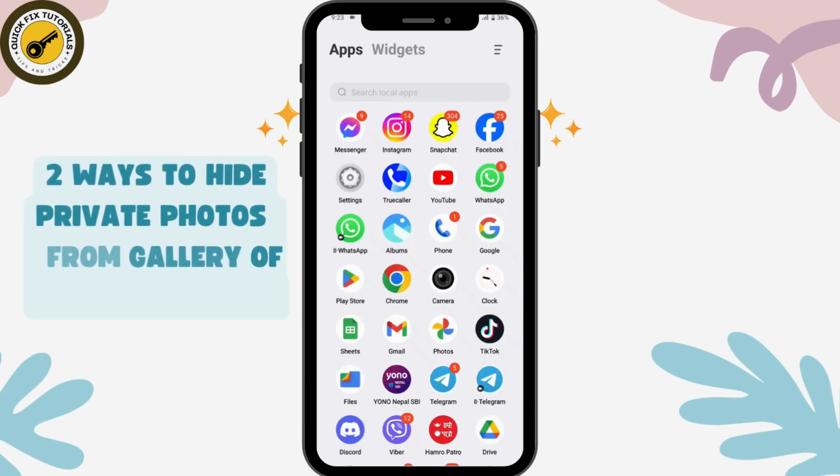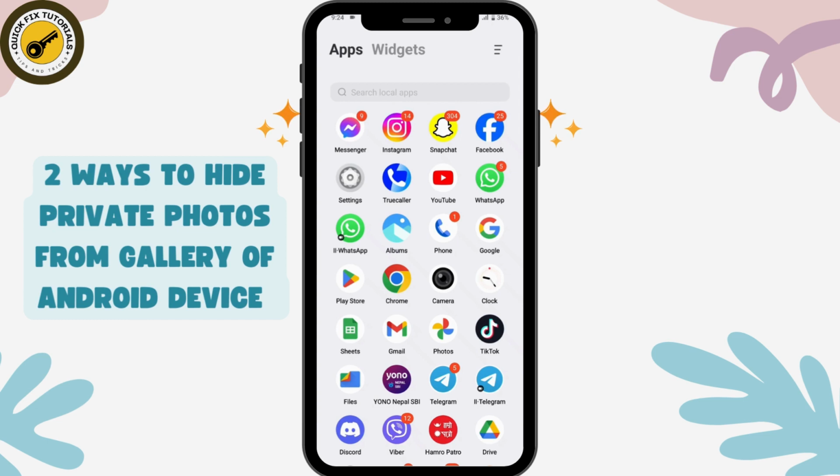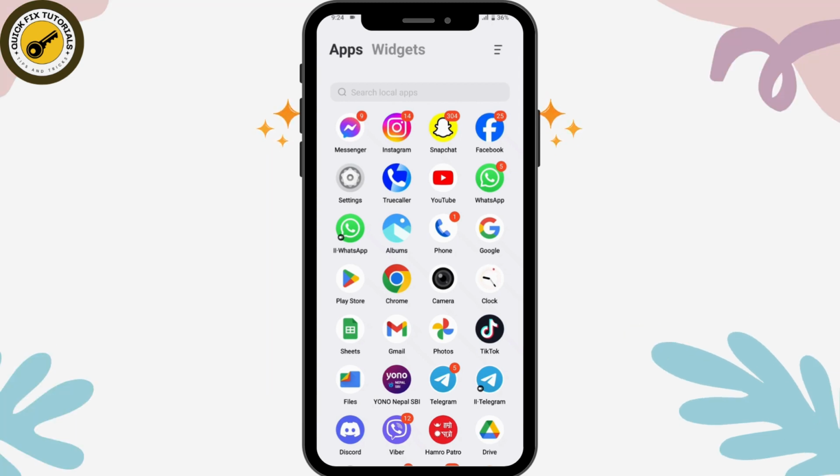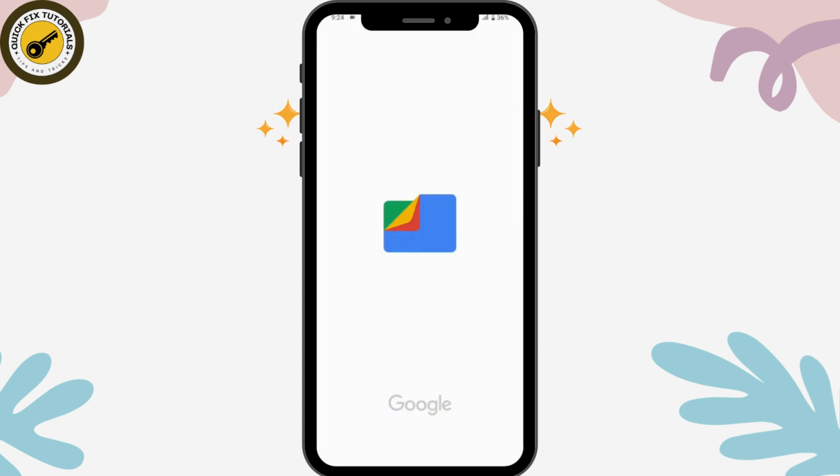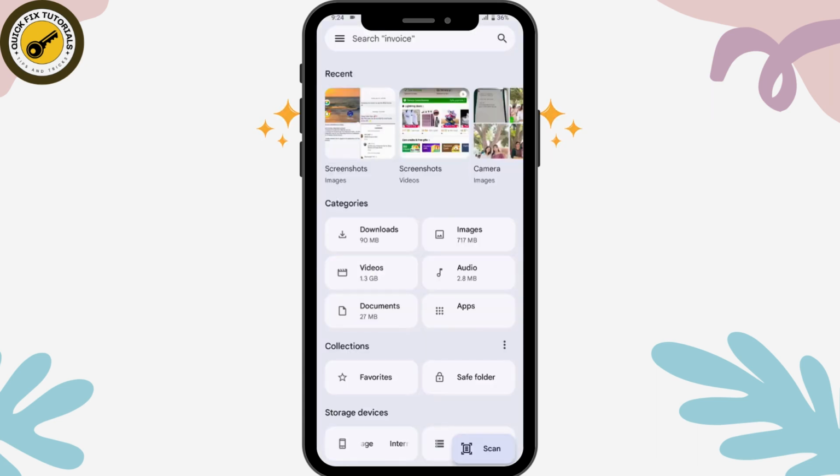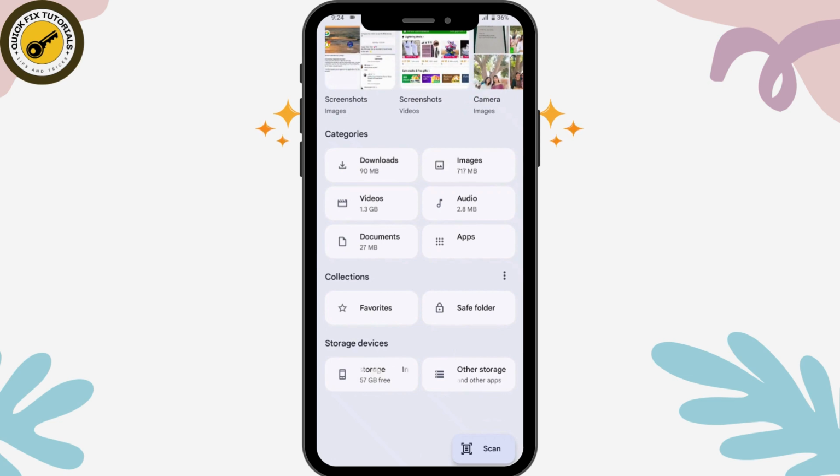Two ways to hide private photos from the gallery of an Android device. If you want to hide your private photos from your gallery on your Android device, first you need to open up your Files. Tap on the Files application, and once you're here, simply go for Internal storage